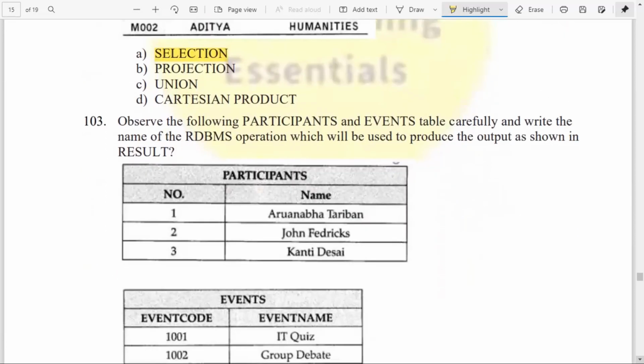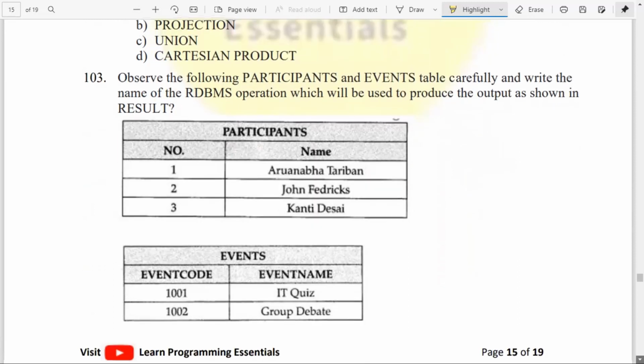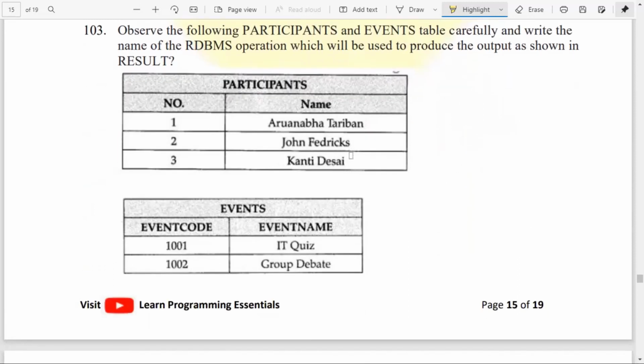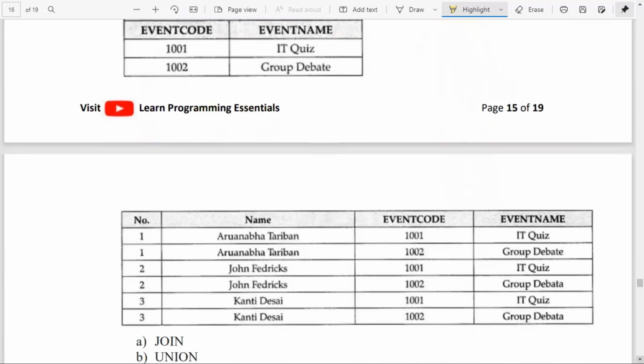Observe the following participants, event and events tables carefully. Write the name of the RDBMS operation which is used to produce the output as shown in the result. You have two tables, and you are getting this as the result. There are 4 columns, and how many rows?